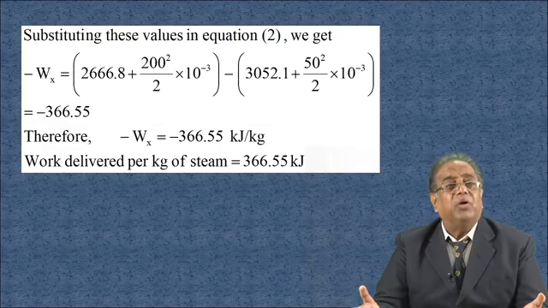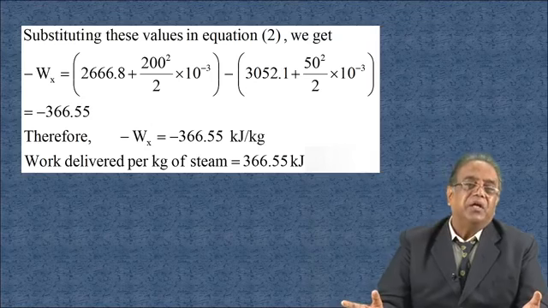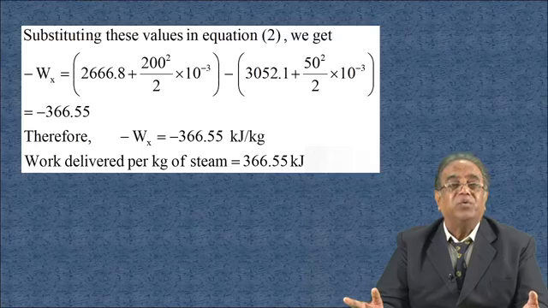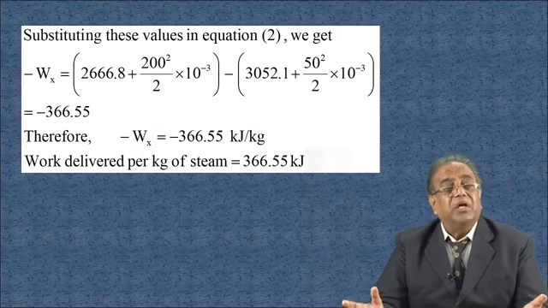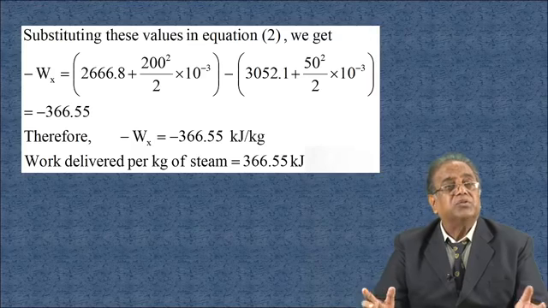So minus Wx comes out to be minus 366.55. Therefore, minus Wx is equal to minus 366.55 kilojoule per kg. So work delivered per kg of steam is equal to 366.55 kilojoule. So dear learners, we have solved the numerical, and I have already suggested to you, when you solve any